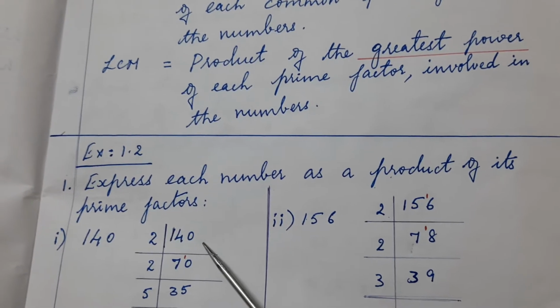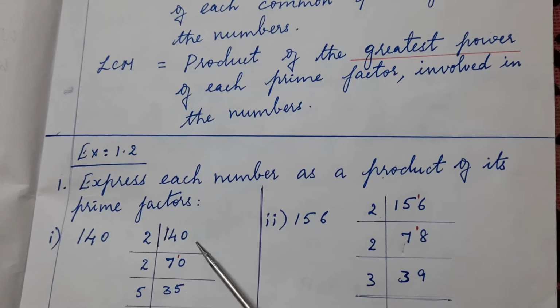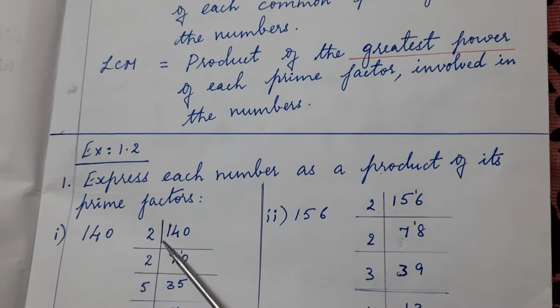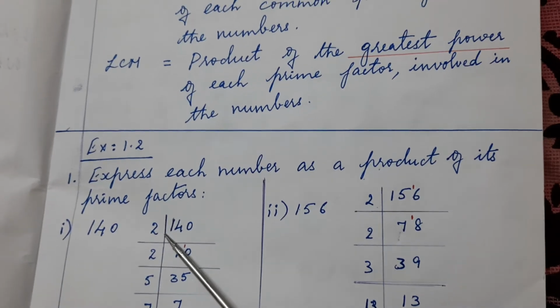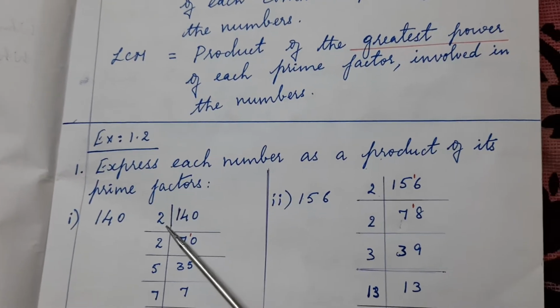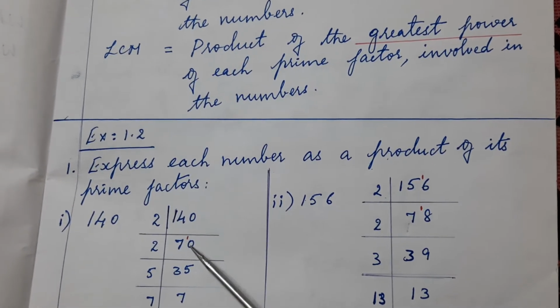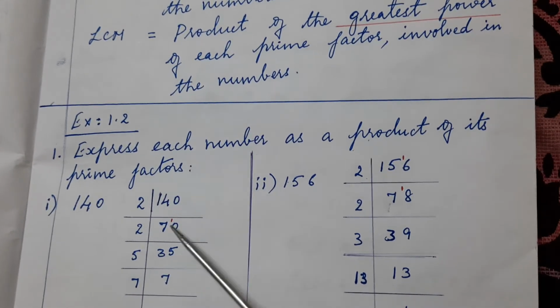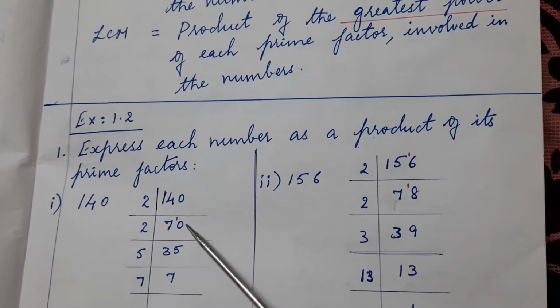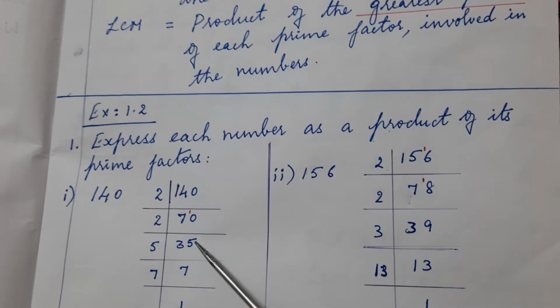The number ends with an even number. 0 is an even number, so it can be divisible by 2. Starting from the first prime number, 2, 3, 5, 7 are all prime numbers. So you start from the first number, 2. 7 2s are 14, 0. Again the last number is 0. 3 2s are 6, carry over 1, 5 2s are 10. Again the last number is 5.